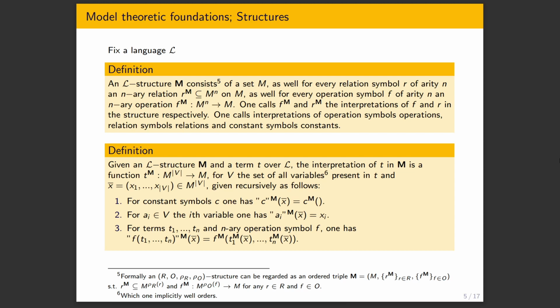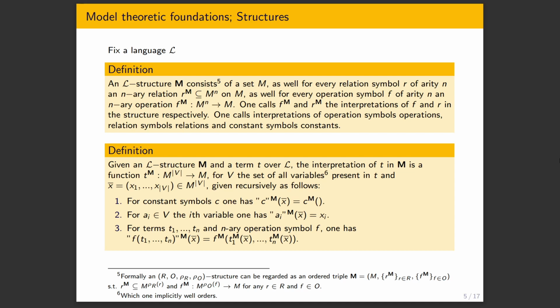Now, a structure for this language would be the real numbers with 1, the constant, interpreted as the real number 1, or the constant function from the singleton empty set to that, but basically the real number 1, and multiplication interpreted as the binary operation on the real numbers, which actually multiplies numbers.